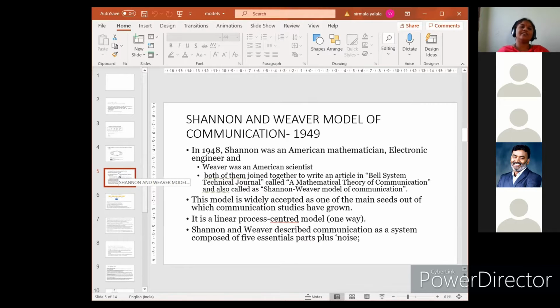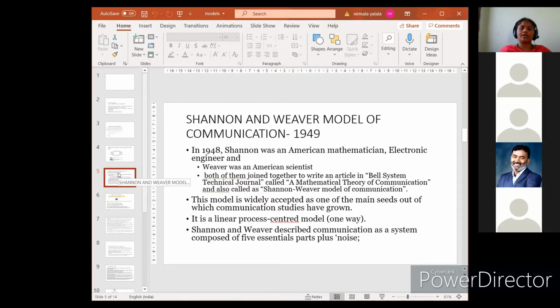Shannon and Warren Weaver proposed a model called the Shannon and Weaver model of communication, which was proposed in the year 1949. Claude E. Shannon was an American mathematician and electronic engineer, and Weaver was an American scientist, and both of them joined together to write an article for the Bell Systems Technical Journal, also called the mathematical theory of communication, which is the same as the Shannon and Weaver model of communication